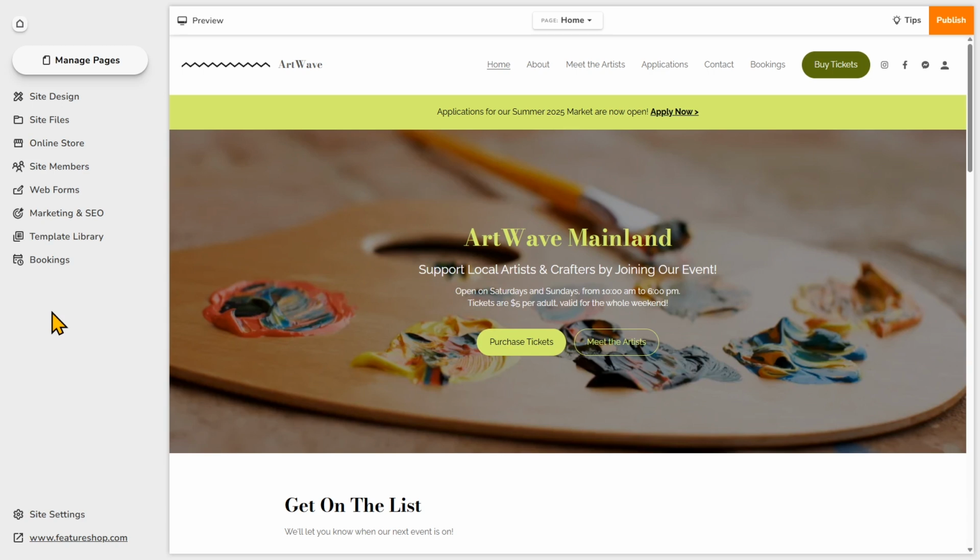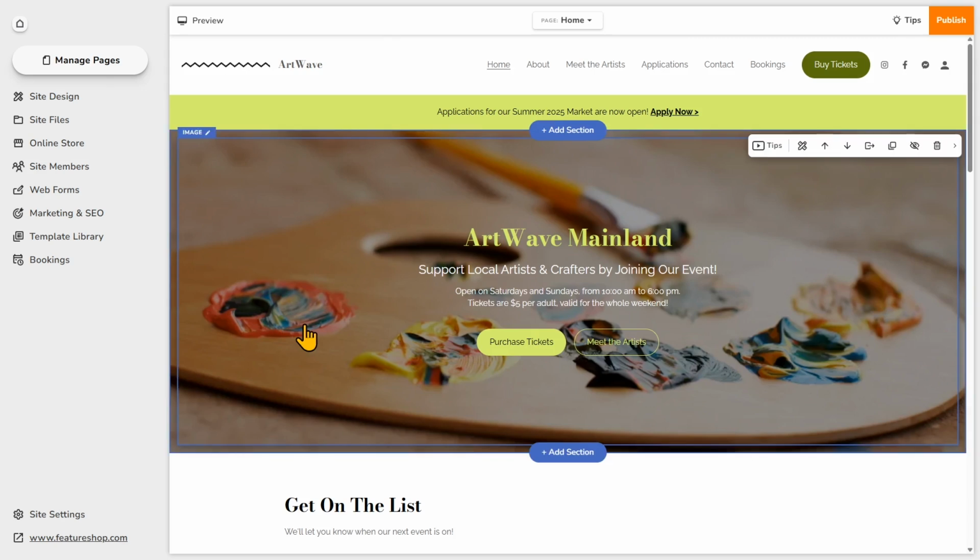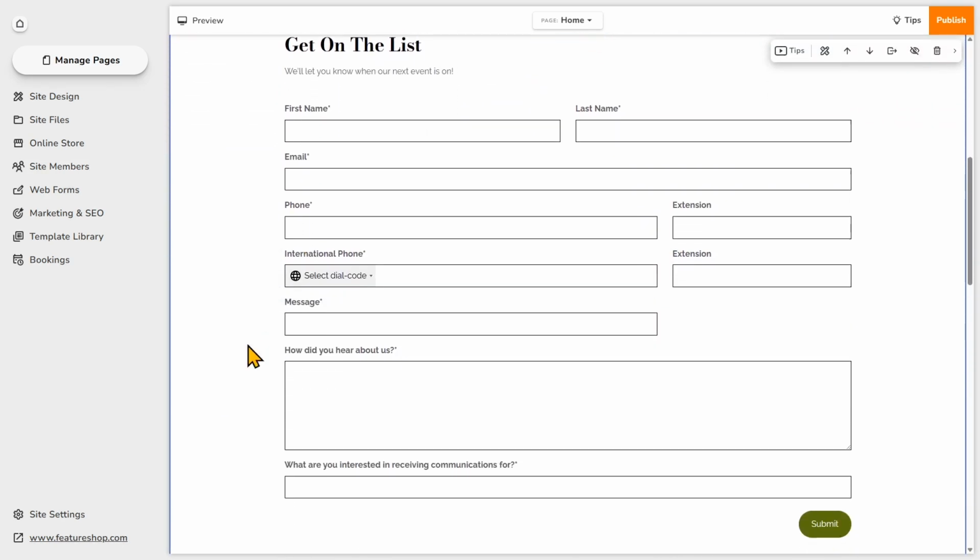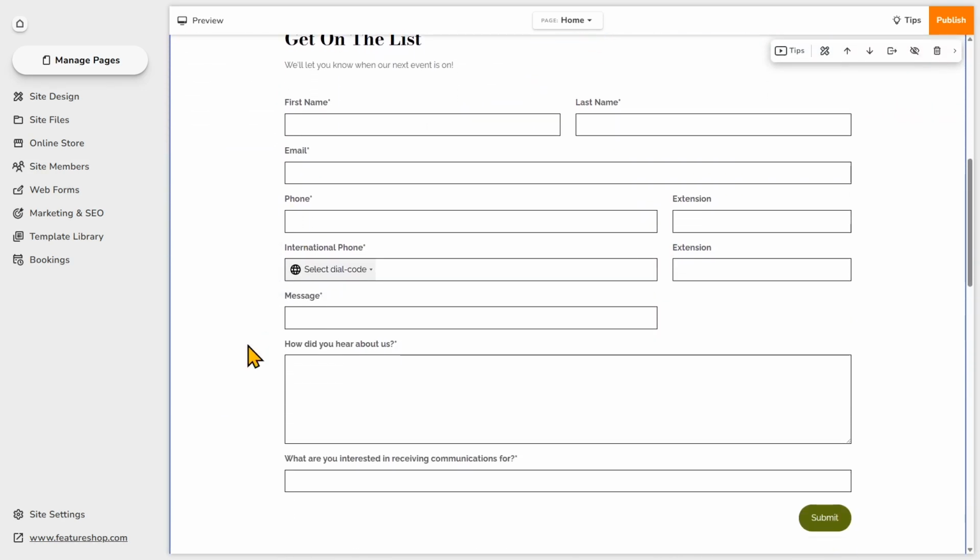So I've built my website with the Site Builder, and the first mistake that site owners may make is by having a complicated sign-up form on their website. Even though you may be eager to collect as many details as you can from potential clients, making your contact form concise and clear will make it welcoming for visitors to enter their information and get you one step closer to a conversion. Just ask for what's absolutely necessary and keep labels clear and concise.